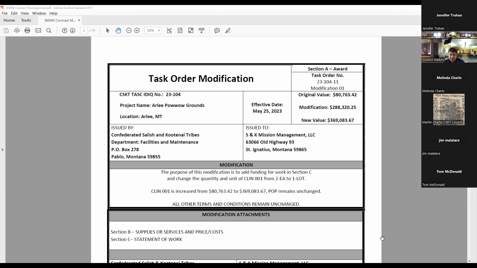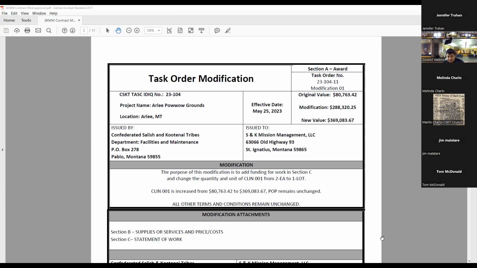We just figured we would try to at least get the modification for task order 11 in for Arley Power Grounds. A little bit of context, it's a modification in price, but not in scope. With the original task order we submitted, the only things we had numbers for at the time were one or two different line items. Working with the contractors in the last couple of weeks, we were able to finally gather the majority of the numbers we need to execute the line items that are actually on the task order.